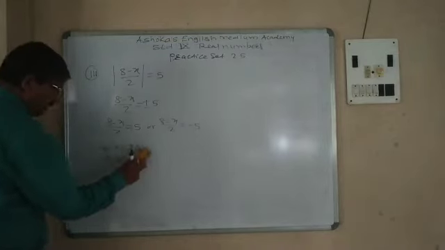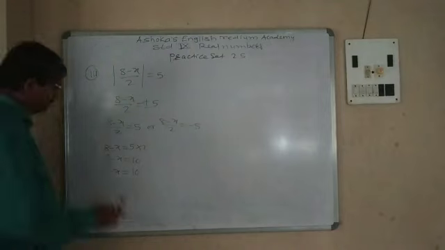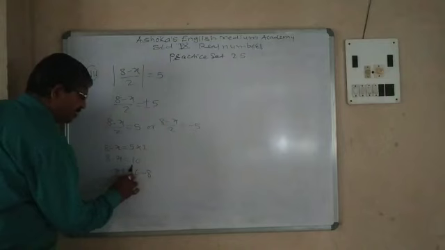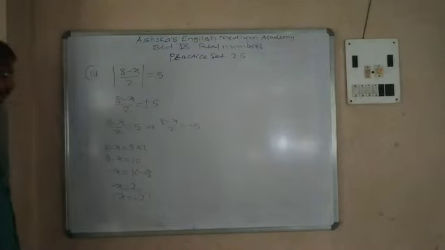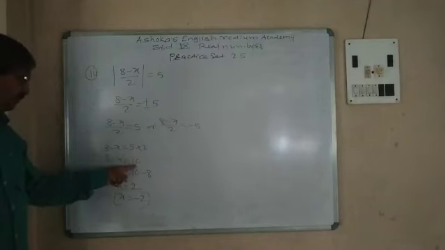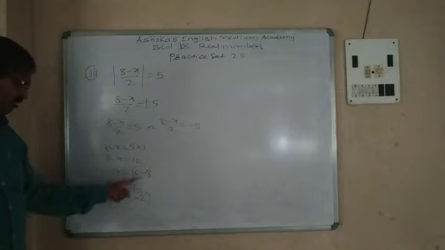The 2 went to the other side, became multiplication, and we got 10. Now minus x is equal to 10, and the 8 as it is goes to the other side and becomes minus 8. Minus x is equal to 10 minus 8, which means 2, and thus x is equal to minus 2 is the answer. Please check once again: 8 minus x upon 2, the 2 goes there, 2 fives are 10. This 8 is positive, and when it comes here it becomes negative, so 10 minus 8 gives x is equal to minus 2.